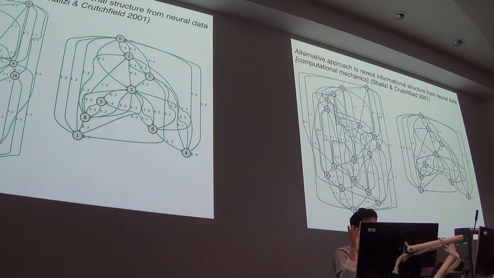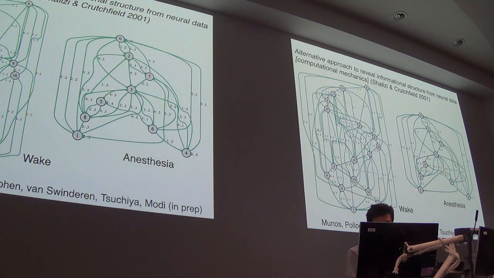And this epsilon machine came up with these 2 types of figures here. One for anesthesia and then one for the wake. Which one do you think is awake? This one, right? And indeed that's the case because I already showed it. It's cheating, but we are now still analyzing this data, but it actually makes a lot of sense to me